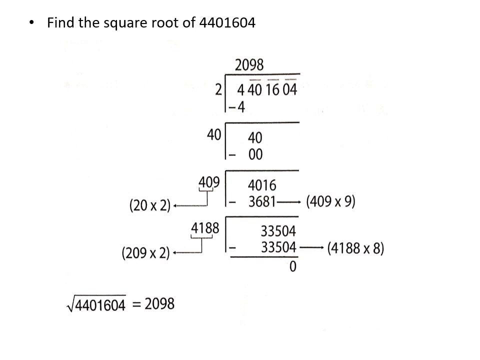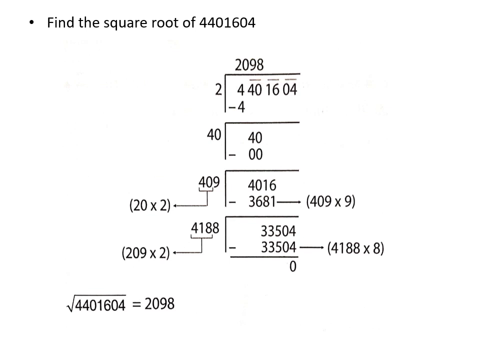So here 2 multiplied by 2 gives you 4. Then put a digit to the right of 4. It is 0, because 40 multiplied by 0 means 0. And if you write 1 here, 41 into 1 means 41. So it is greater than 40, so we will not take 1. In the same manner, we have to solve for the other 2 periods. You will get finally the answer.